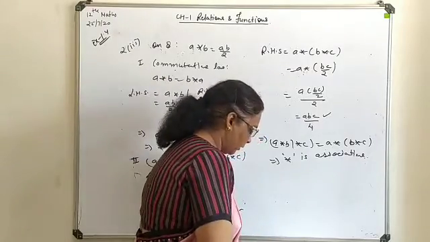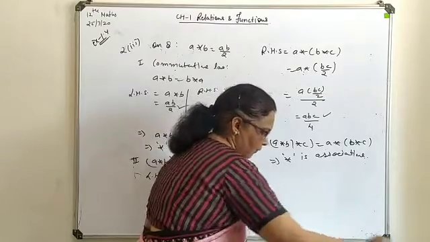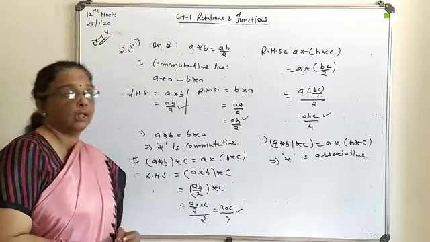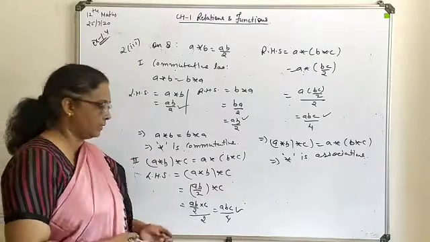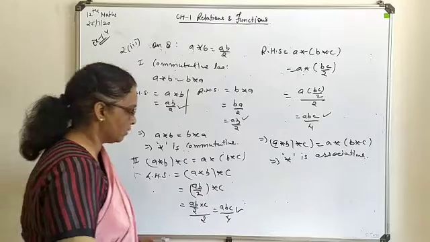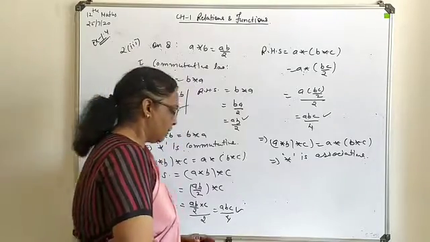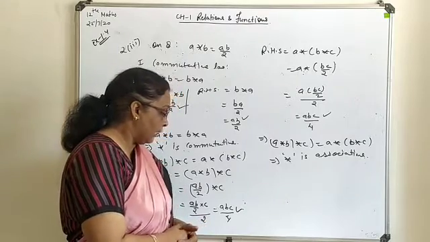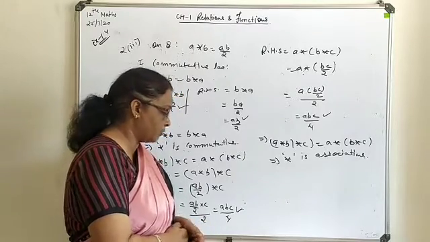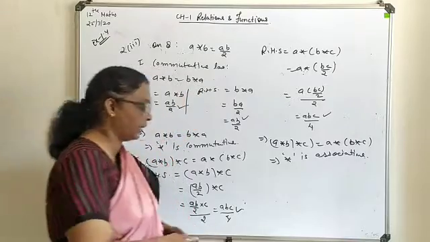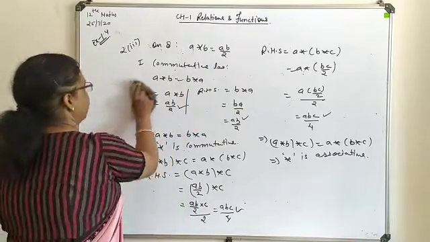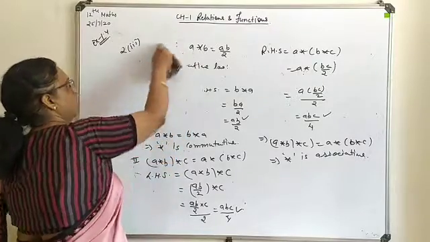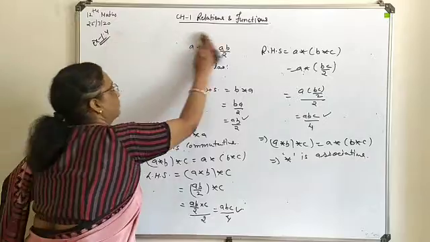Now the next point we are going to discuss is the formation of the table, or, on the basis of the table, finding certain answers. So let's move towards question number 3, in which a binary operation is defined on a set containing the element 5 and the minimum of AB is to be found. So the operation table we have to form, and if the operation table is already given in a question, how to find the solution on the basis of that, that also we will discuss from that.